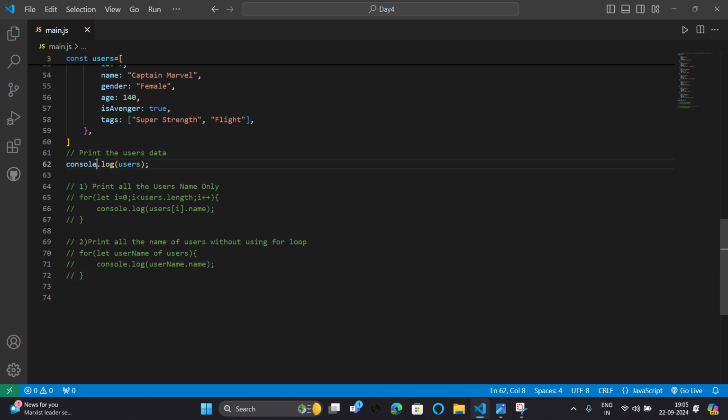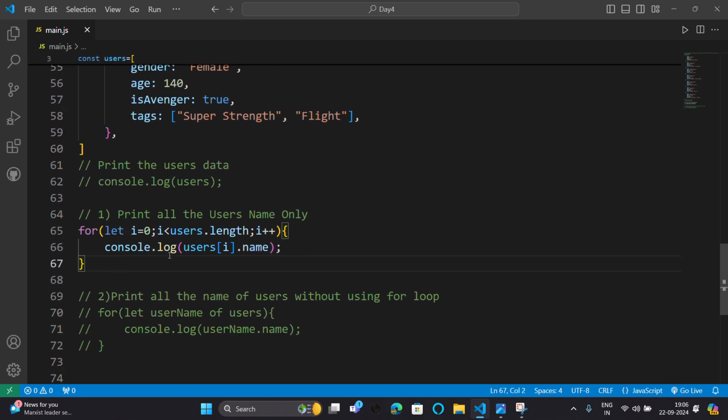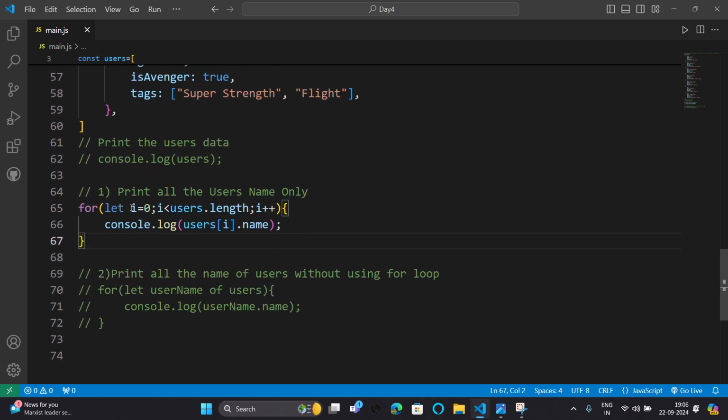First case: print all the usernames only. I have to print all the usernames in this array of objects. Here I use a for loop.